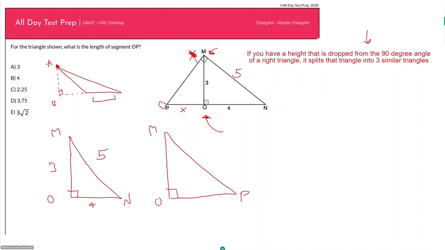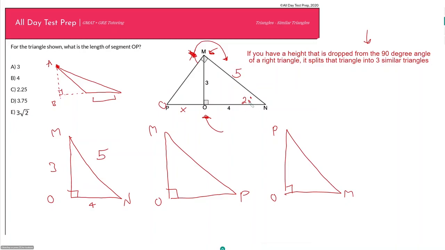But I could also just flip this triangle 90 degrees so that M is over here, P is over here, and then O is still down here. So which of these orientations is correct? The way you can determine that, if you're unsure, is you can fill in any angle here with any value. Every other angle should then fall into place based on this value,